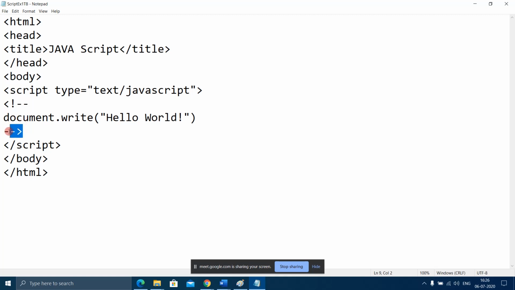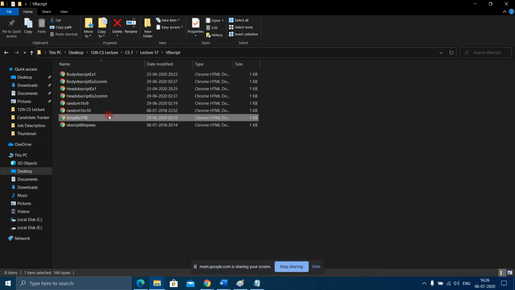Comment tag, I have told you what are comment tags. This comments tag I have to use, I'll tell you why. Script close, body close, HTML close, and let us see the output. It's simply going to print and nothing much. It's only going to print whatever was written in document.write. That's it.